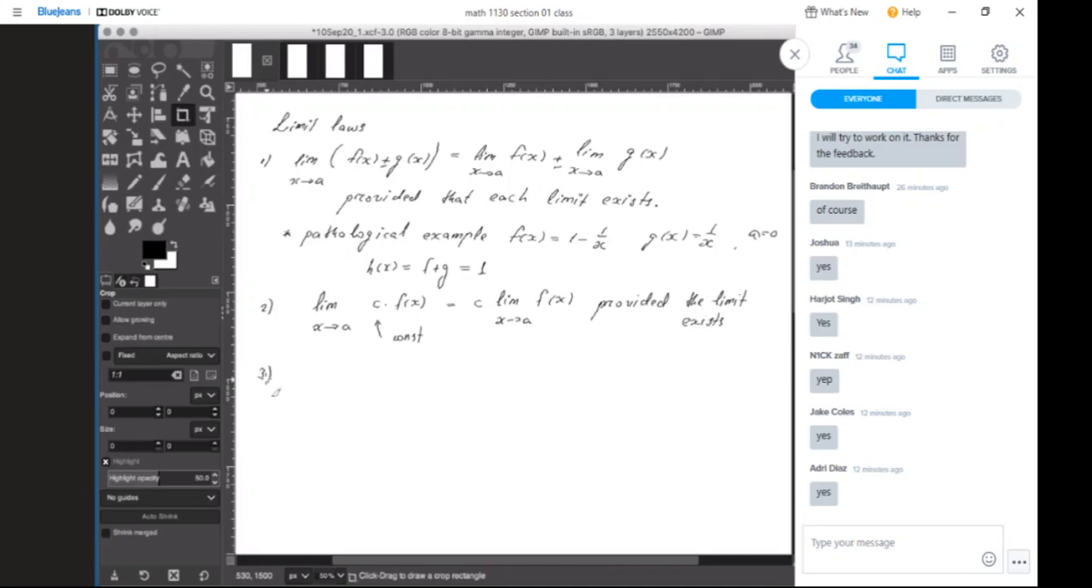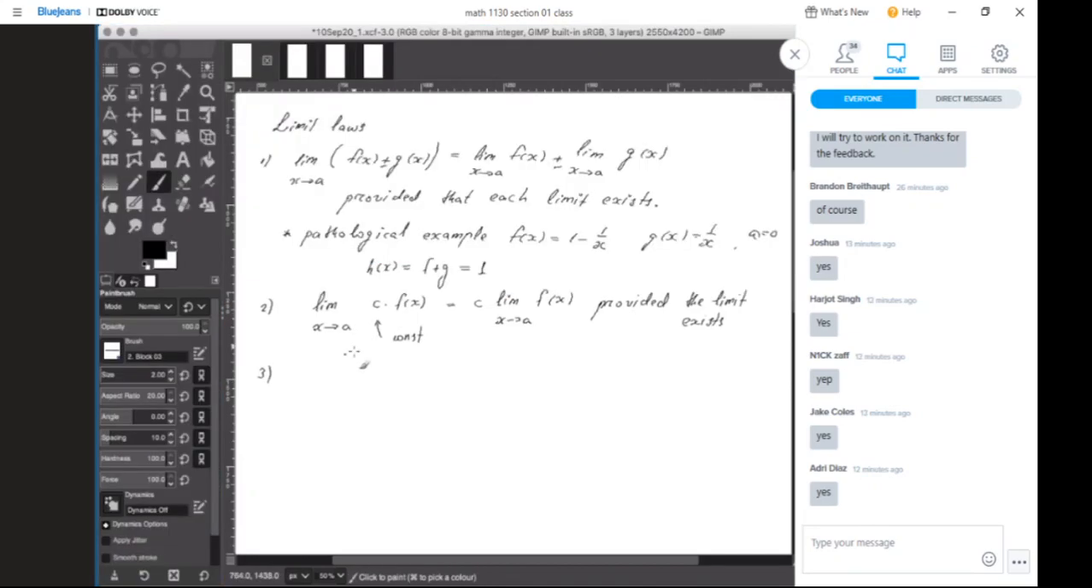Rule number 3. The limit as x goes to a of a product of two functions, f and g. And we can put brackets over everything just to emphasize that this is the limit of the entire product. It will be the limit as x going to a of f of x